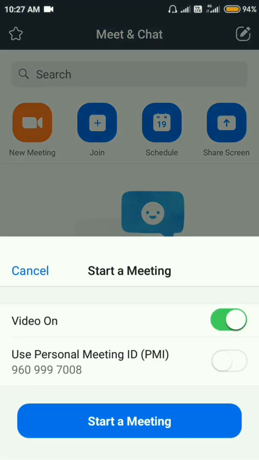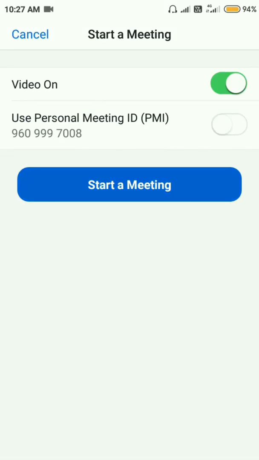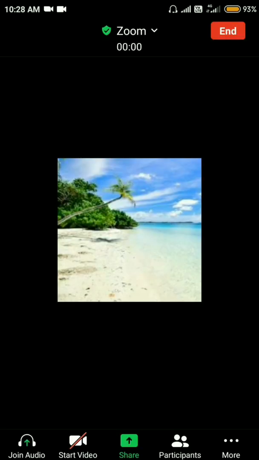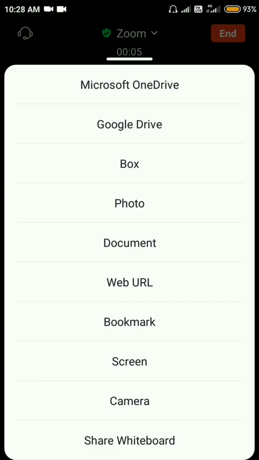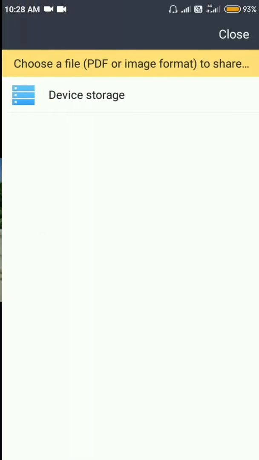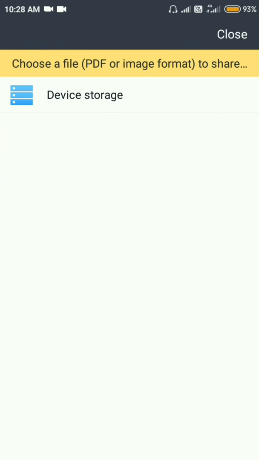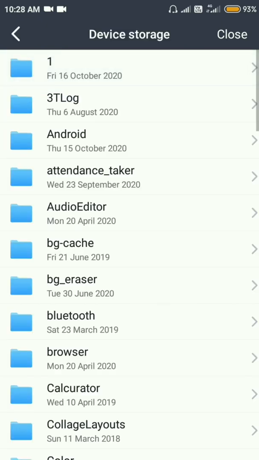So start a meeting. You can schedule a meeting or directly start an instant meeting, and after starting this meeting it will take a while for connecting. And after connecting, here you can see the share option, and after pressing the share option you can see your document. Press on that, and then device storage, and then the folder.